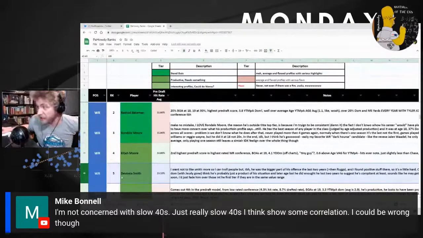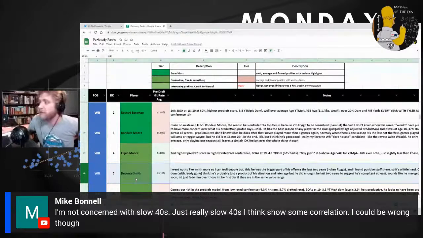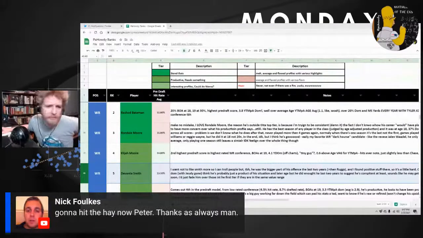Could I see Devonte Smith being successful? Yes. And to your point, would Devonte Smith being successful in the NFL likely be more fantasy relevant than Ronda Moore being successful in the NFL? Yes. But I think Ronda Moore is more likely to do it, slightly. And I don't think his potential role is as limited as Smith's. But to be fair, this could be where I'm tripping over my own feet, relying on a preference instead of, I know what the other thing would be. I'm just relying on a preference.